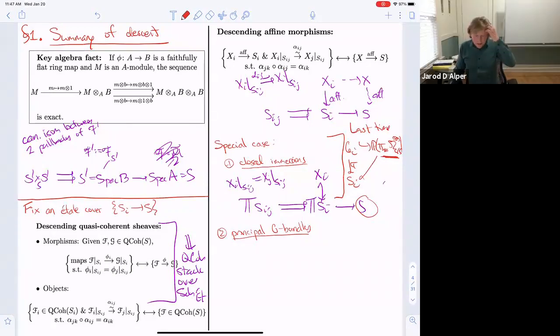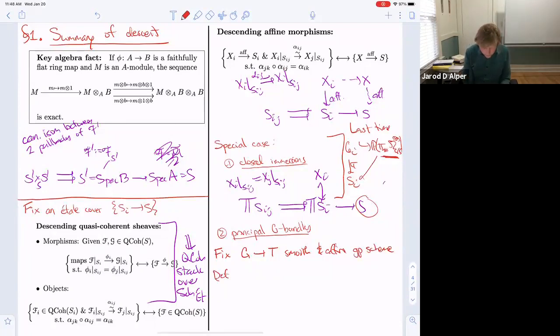Right, and the last descent statement is going to be another special case of descending affine morphisms, which lead to principal G-bundles. Since this is such an important notion, and I think a lot of people get stuck with it, let me remind you of the definition. Let's first fix G over T, a smooth and affine group scheme. And then the definition is that a principal G-bundle, or just G-bundle, over T